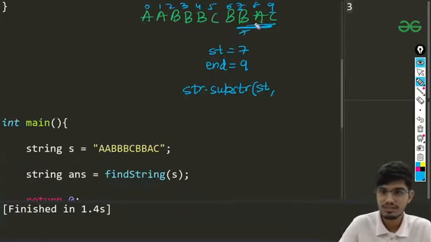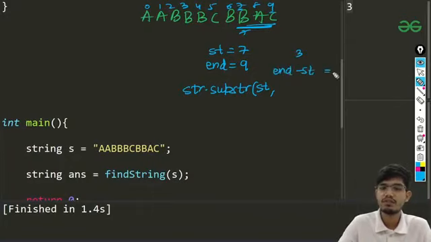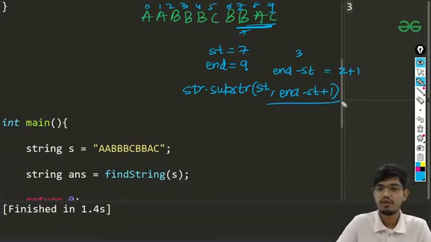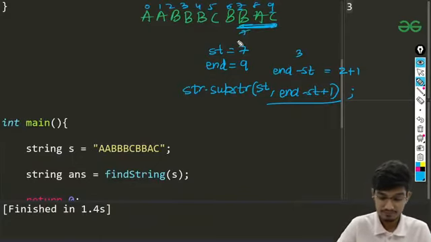For example, the length for this is nothing but 3, so we need to mention that here. So I'll be writing n minus start, which is nothing but 2, and we need to add plus 1. So we'll be writing n minus start plus 1. So we just need to return that. So we'll be getting this, we will be passing this one, BAC.